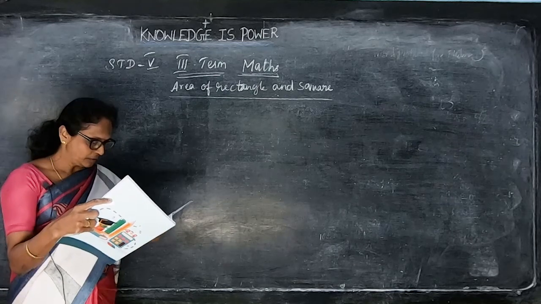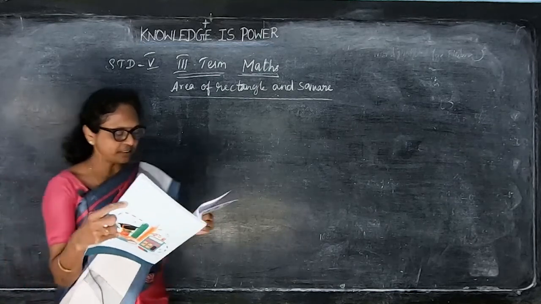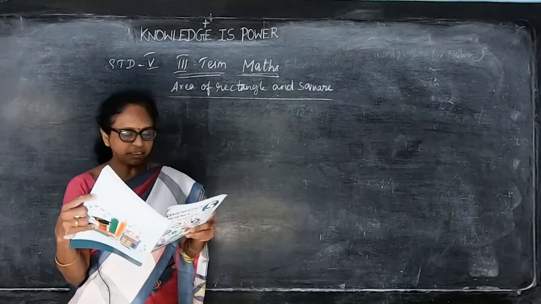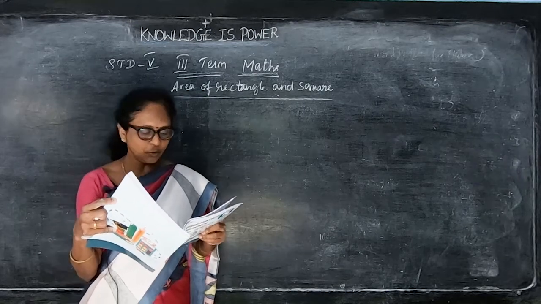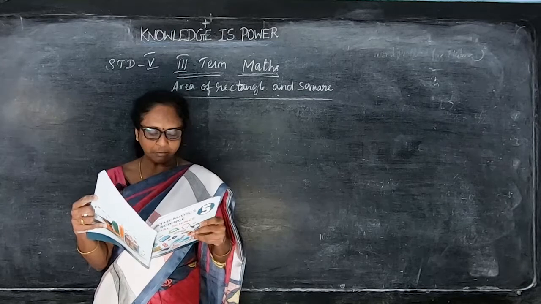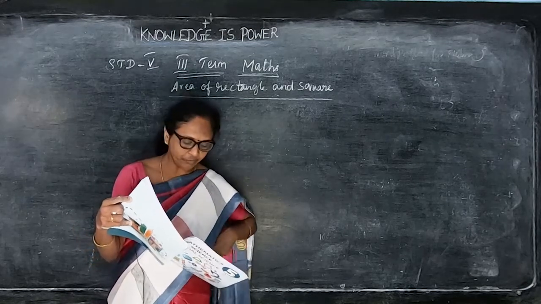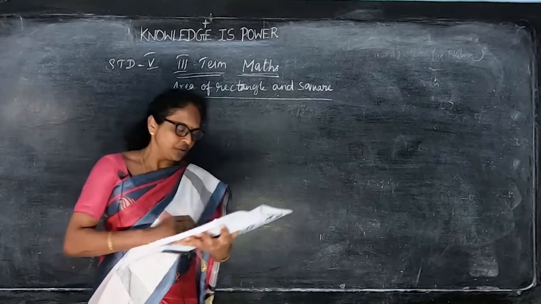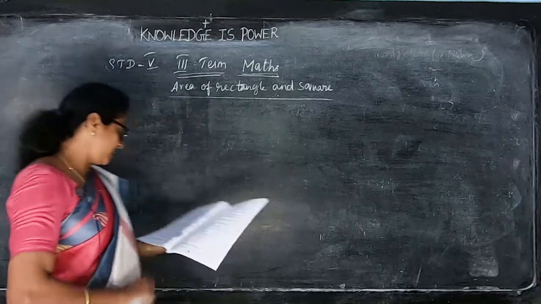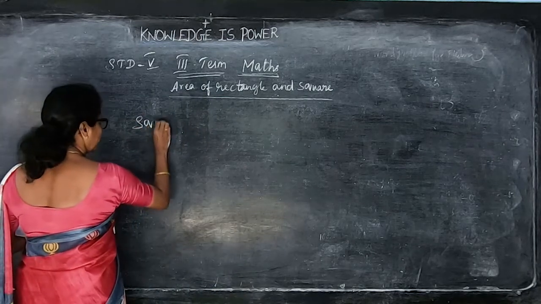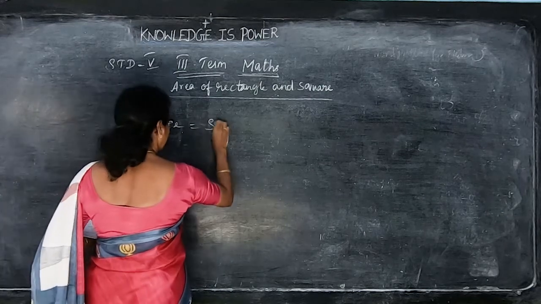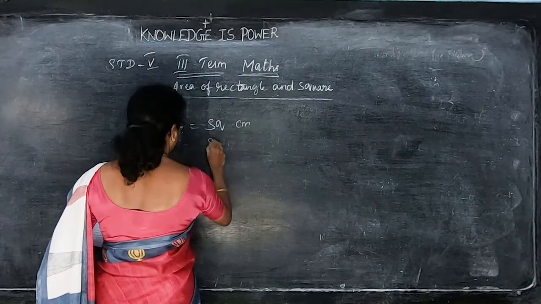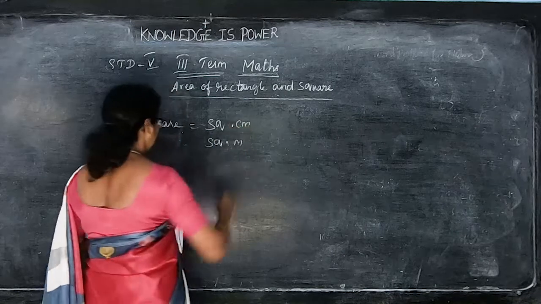There are a lot of mosquitoes in Kavita's house, and these mosquitoes enter her house through the windows, and Kavita's mother decided to put a cover on the windows. So what kind of measurement is required? The measurement required to cover the window is the area. The unit denoted by the area of an object is square units. We can write square units, square centimeter or square meter. This is how we should mention it.